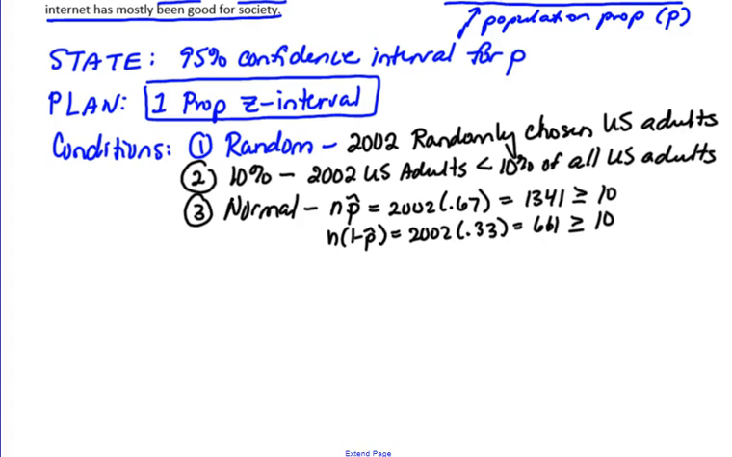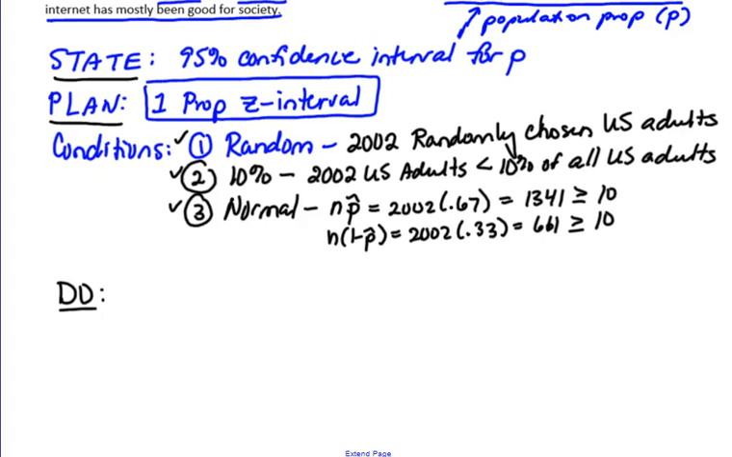So conditions are satisfied. Now, the third part, so we've got our state and our plan. Plan is name the condition, name the inference procedure, check the conditions. The third one is the do step. The do step is just